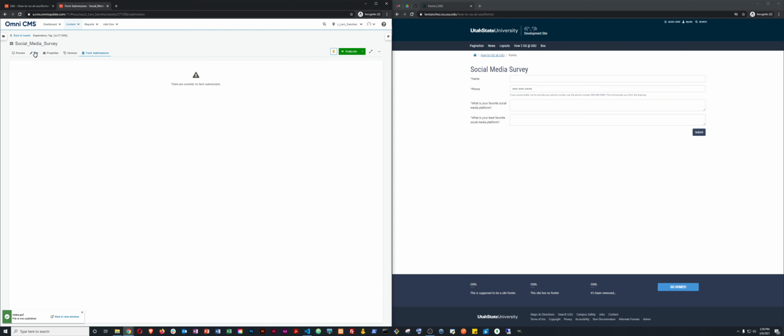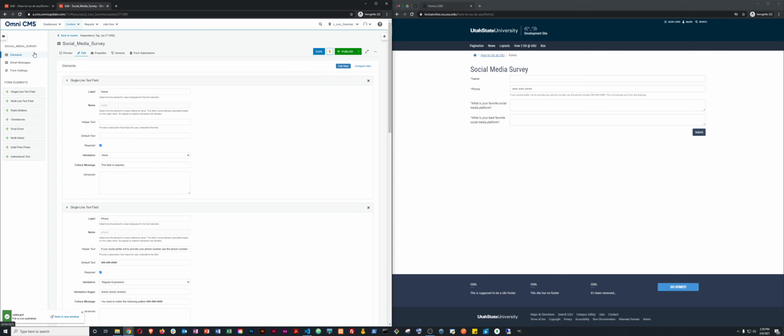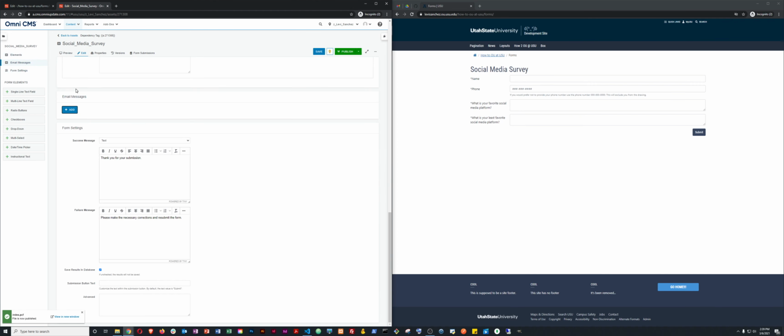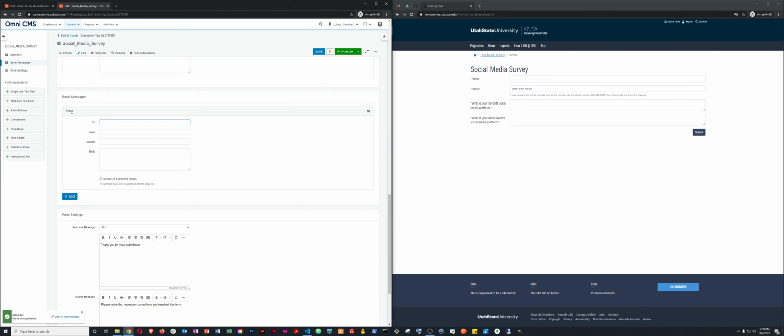However, there are instances where we'll want to do something a little bit more useful with that. So let's look at how to do that. And that is, we can use these email messages. So we can add one. And what this will do is every single time a user completes this form, it'll send an email out to a designated email address that you get to pick, so that you'll be aware that somebody filled out this form,